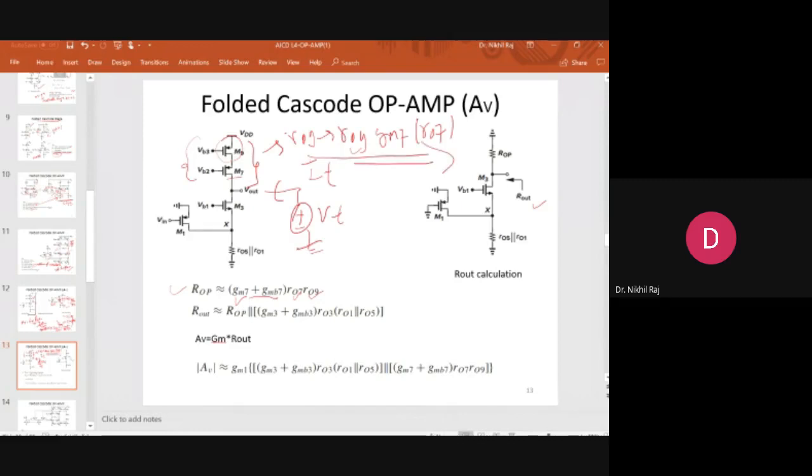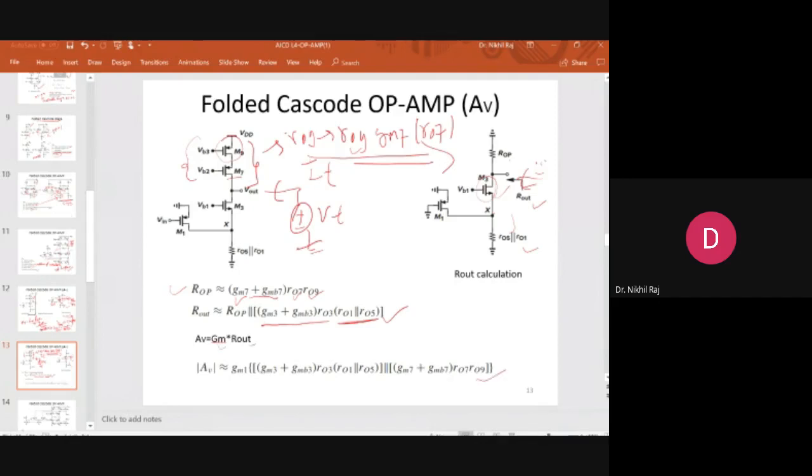Now coming to the bottom section, it is RO5 parallel to RO1, and using the same concept again, this part is acting as a cascode to this part. So effectively Rout will be your ROP parallel with whatever is seen at the bottom. Again this one is getting boosted by the intrinsic gain of M3 because it is again a cascode. So overall it is the parallel combination of these two. Looking at this side, I can see the effective resistance is given by this factor. Now taking the product of Gm and Rout, I will get the overall gain.